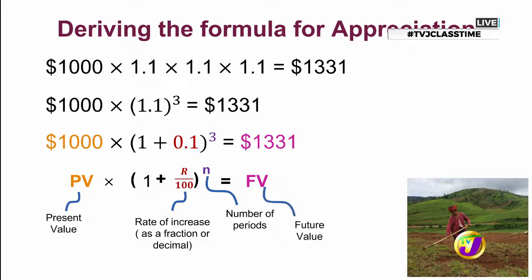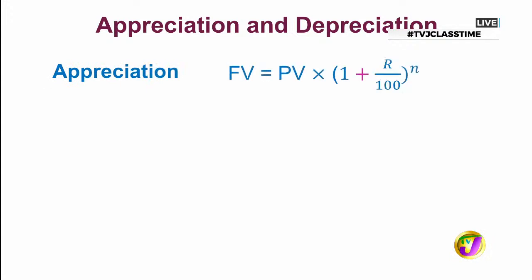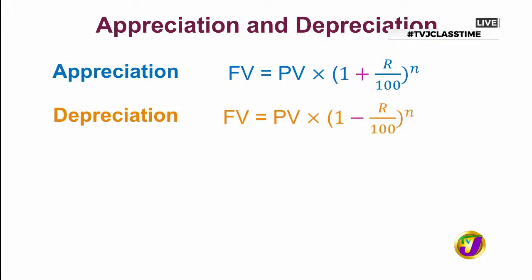All right. So now that we have our formula for appreciation, there must be a formula for depreciation as well. I think so too. But hey, I have a brilliant idea. Seeing that appreciation refers to an increase and depreciation is a simple opposite, which is a decrease in value. Yes. I'm seeing an addition sign representing an increase, so I'm just going to boldly say I'm going to use a subtraction sign to represent a decrease. That is very bold.